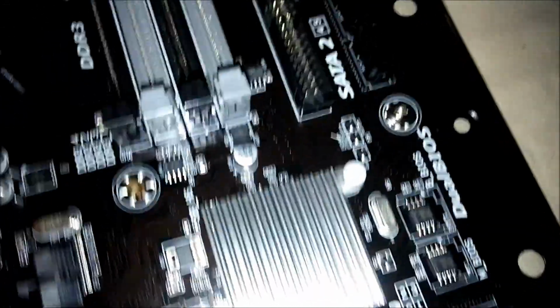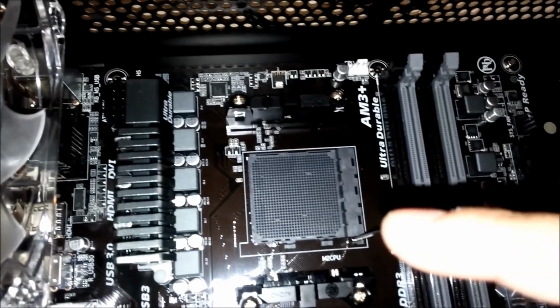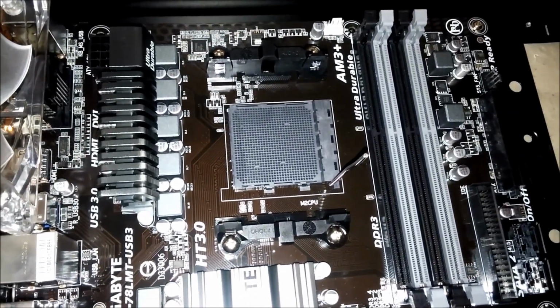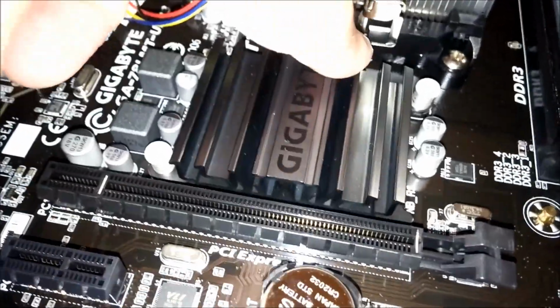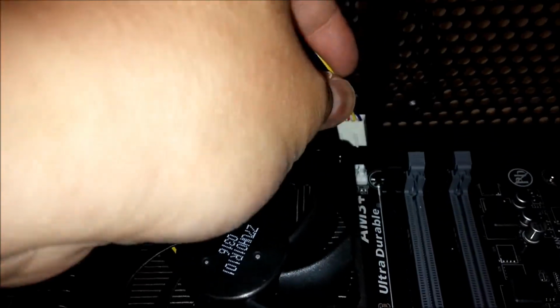Okay, next you secure the screws. There's one here, one here, one there, one here, another one in the middle, here, here, and here. The screws are supplied with the case. And as always, next I'm going to install a CPU right here. You can see there's a little triangle here, so I'm going to line it up with here, insert it, and then install the stock fan, since I'm not planning on any overclocking or anything. Next, I will secure the fan. It's a stock AMD fan, so just a lever. I usually do the other side first, tighten it, and then turn it from left to right. CPU fan connector, which goes to right here. Just plug it in,